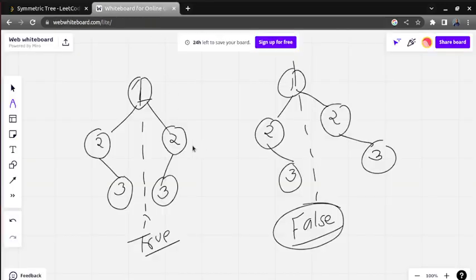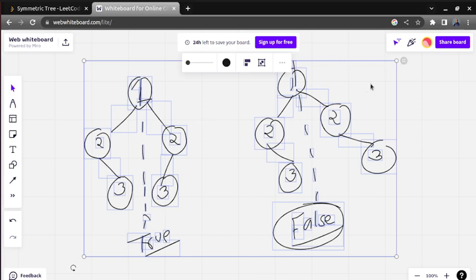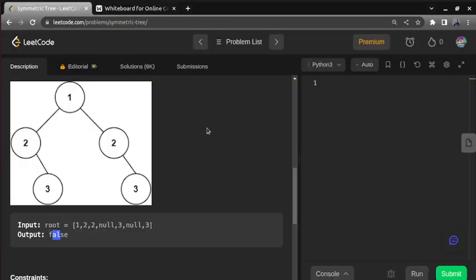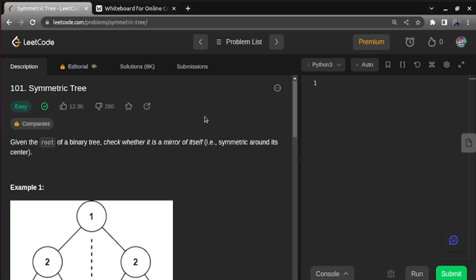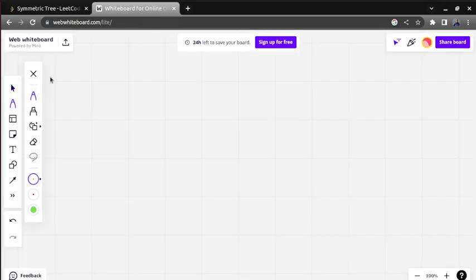Now what we need to do? We need to write a logic so that we can identify whether the tree is symmetric to itself or not. So how are we going to do this? Suppose we take the cases. First of all, if it is a tree problem, generally we use the recursion approach. So let us find out what edge cases we can face in a recursion approach.